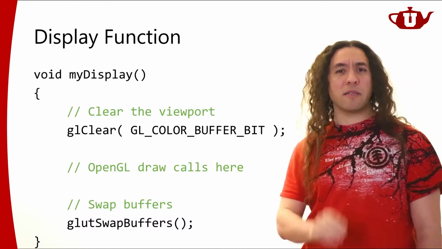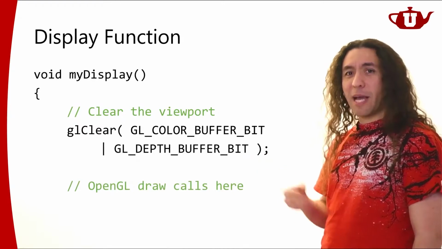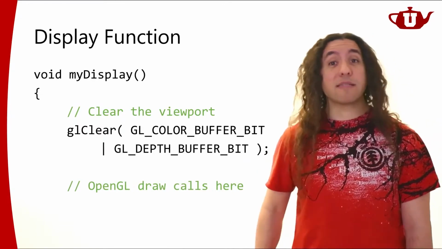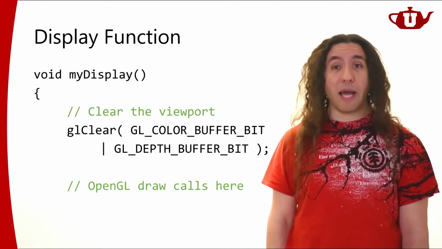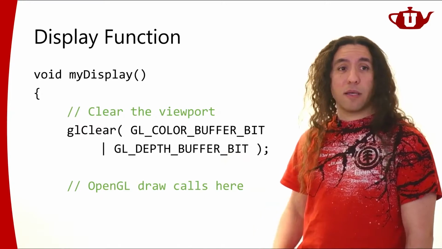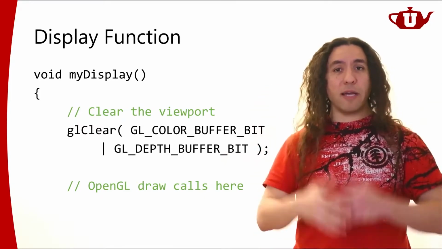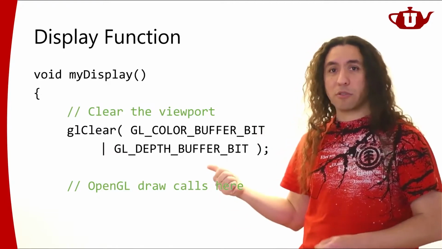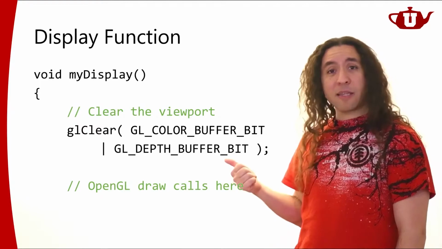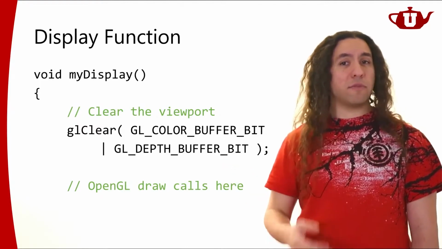What other bits can you clear? One of them is the depth buffer. So if you have a depth buffer, like if you're doing Z-buffer rasterization, you're doing 3D rendering, you have a depth buffer, yeah, you should probably clear that as well, because you're going to be rendering a whole new image now, rendering your scene from scratch. So you need to make sure that everything is cleared and initialized properly. Right? You can clear these buffers as you're rendering your image.